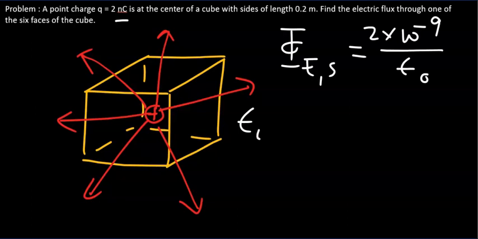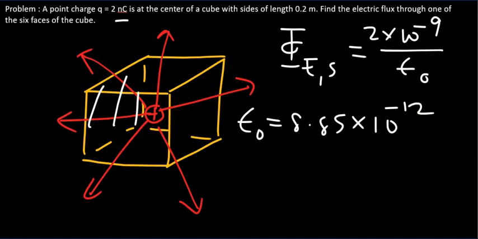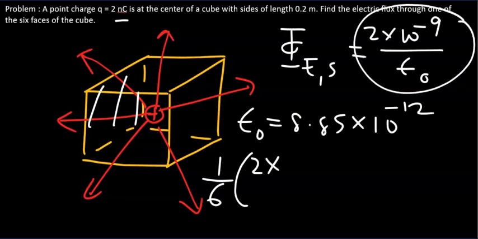We know epsilon naught is 8.85 times 10 to the power minus 12 in SI units. We're interested in the electric flux through one of the surfaces, and there are 6 of them. So all you have to do is take this result and divide it by 6. So 2 times 10 to the power minus 9 over epsilon naught, divided by 6, will give you